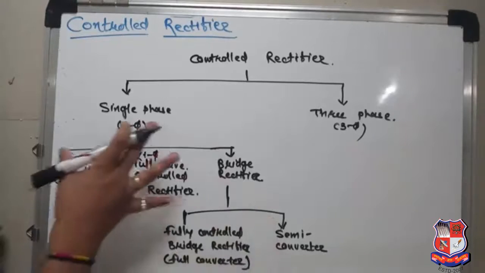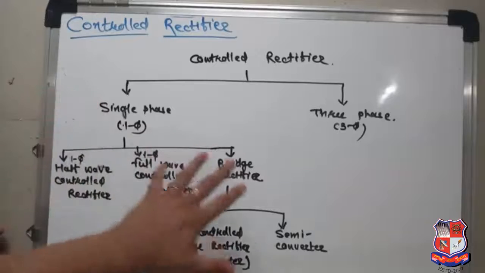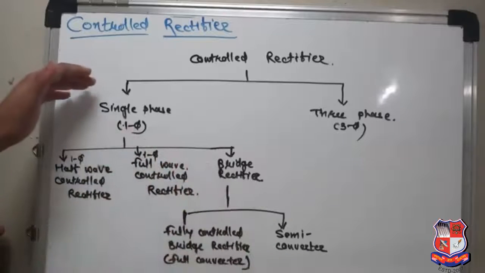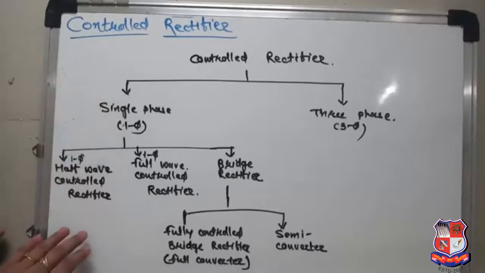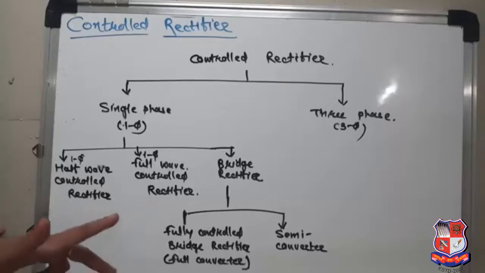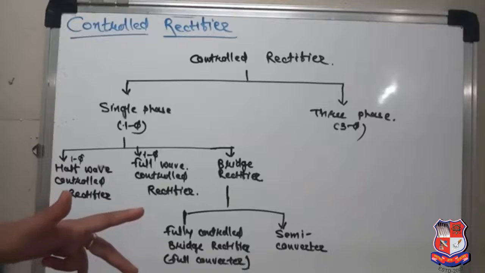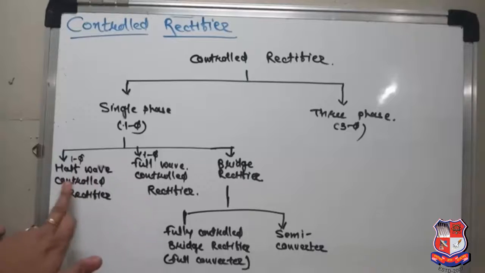So those are the subcategories depending on the configurations we are using. In a single phase, the input is the single phase supply, wherever you will get the output. In a half wave control rectifier, only a single device is used to control the output voltage, so here the output is low, whereas in a full wave controlled rectifier we are using two controlled devices to get a controlled or variable output voltage. So the output voltage is high compared to the half wave rectifier.